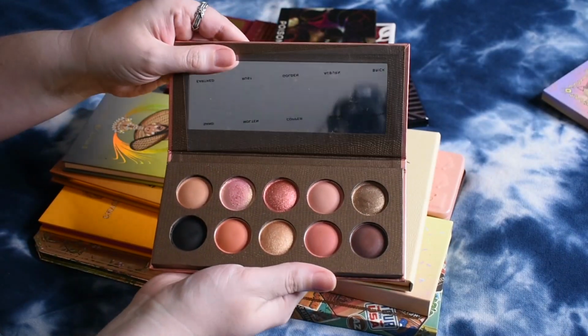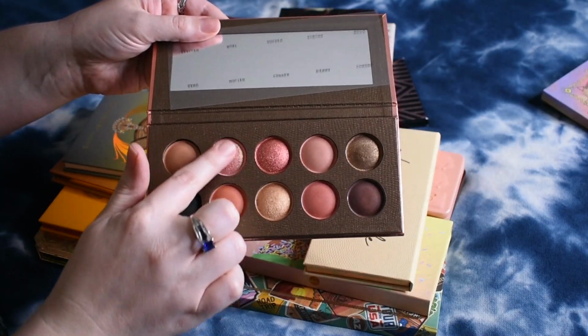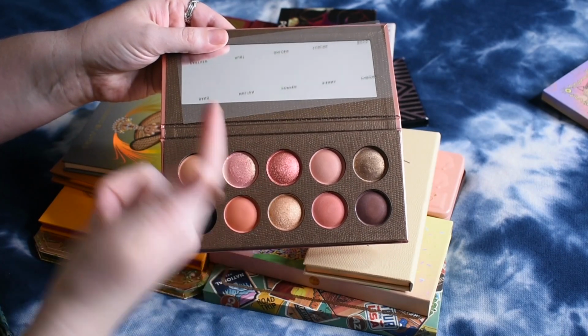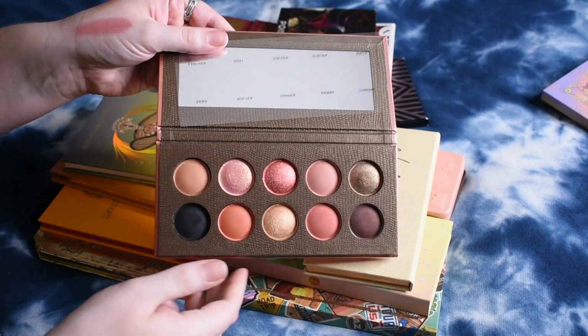This one kind of reminds me of the bronze palette too, from Natasha Denona, and I'm a sucker for these shades. These pink to gold duochrome shades, I probably have about 55 of these in my collection, and I literally just ordered one last night on ColourPop's website, so